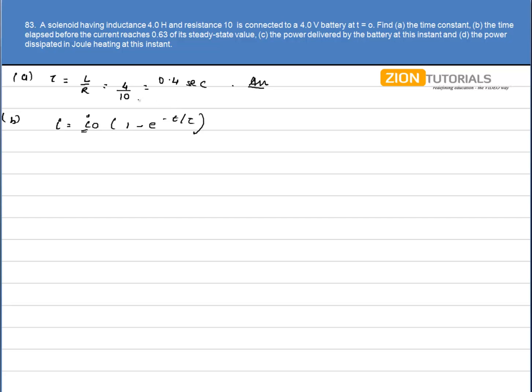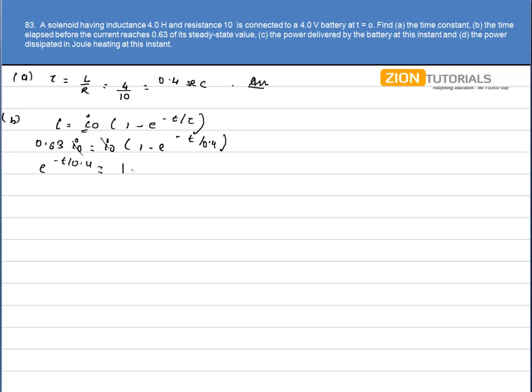Now we had to calculate the time at which the current reaches 0.63 times of steady state value. This steady state value is nothing but the peak current which is acquired at the steady state. So I is 0.63 times of I naught is equal to I naught (1 minus e to the power minus t by tau), where tau is given by 0.4. So we have I naught cancelled, so e to the power minus t by 0.4. This term comes over here,